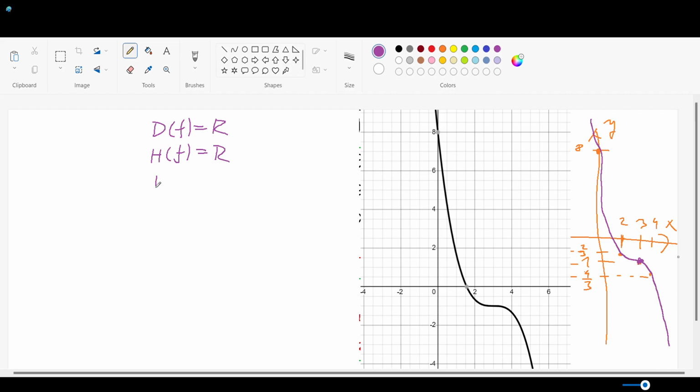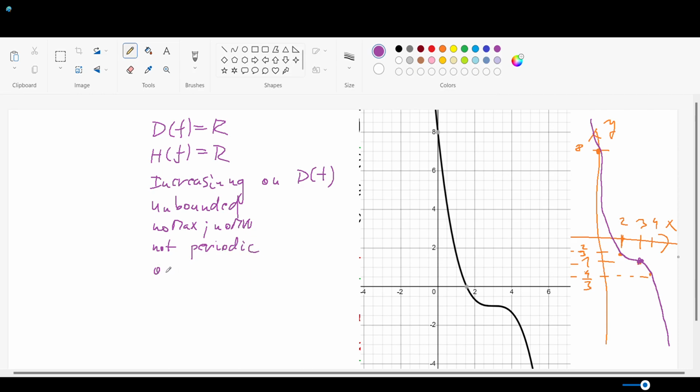You can see that it is increasing on the domain, and it is unbounded, and it has no maximum, no minimum, and what else can we say? Your most favorite, not a periodic function, but it is a 1-to-1 function,